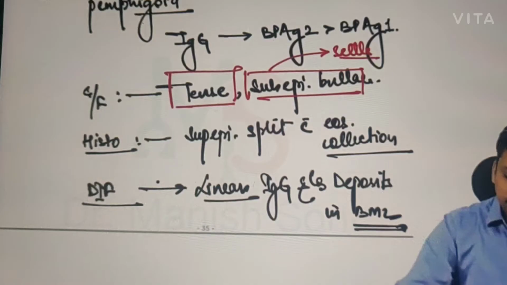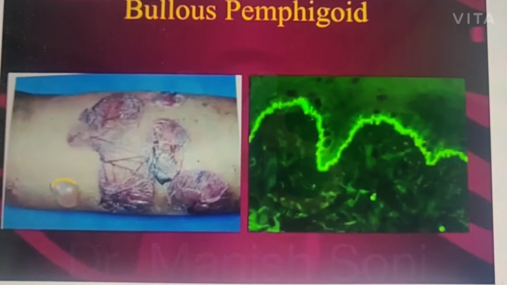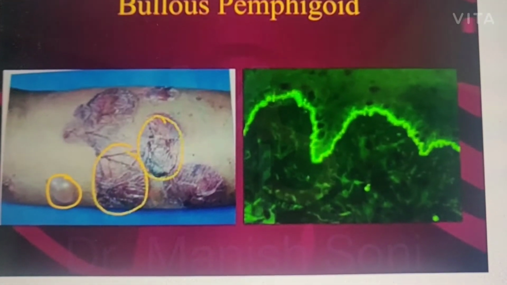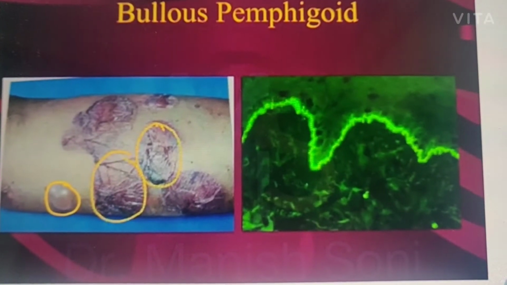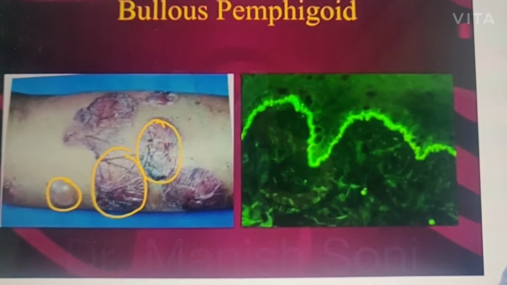Second, this is a patient suffering from bullous pemphigoid, where you can see this tense bulla, and this tense bulla keeps on increasing in size and becomes large. Now when it becomes large, what happens? This fluid might get reabsorbed and the overlying epidermis settles down. So this is a settled bulla.